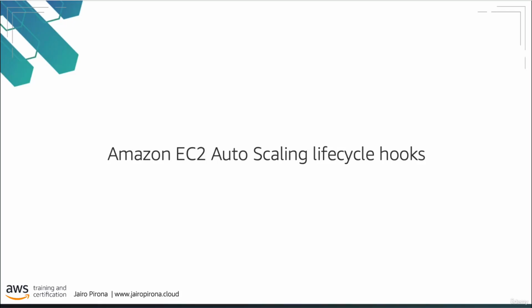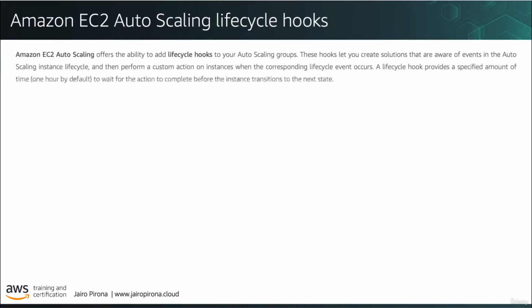Now let's talk about an interesting feature called lifecycle hooks. Lifecycle hooks allow you to take action before any EC2 instance goes into service or before it is shut down. In other words, lifecycle hooks allow you to pause instances and perform custom actions when a scale-in or scale-out event